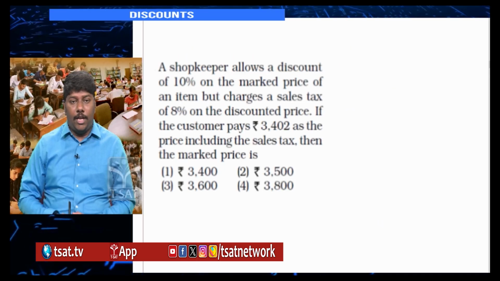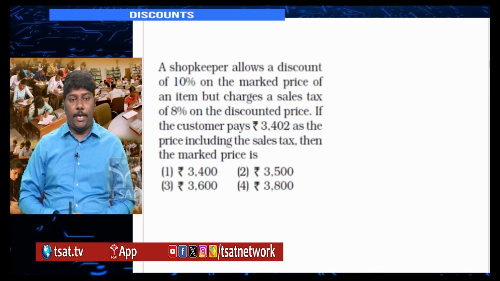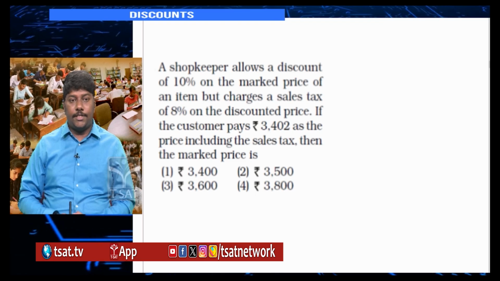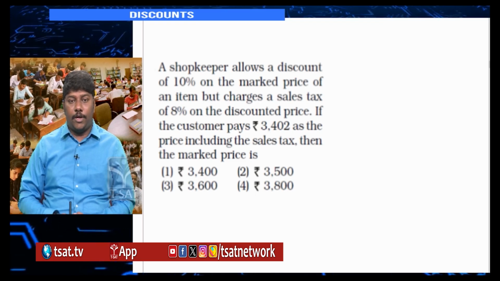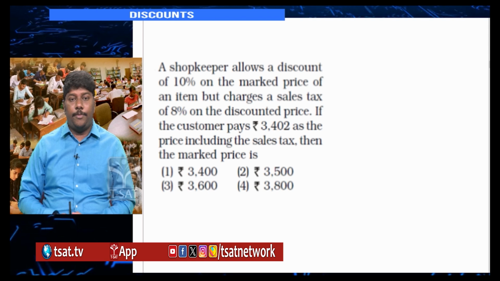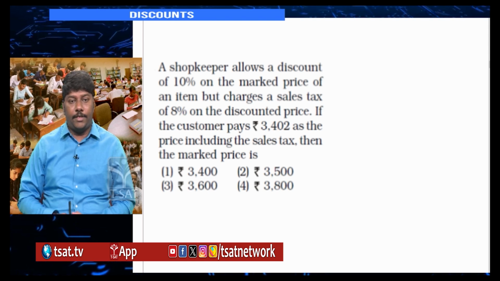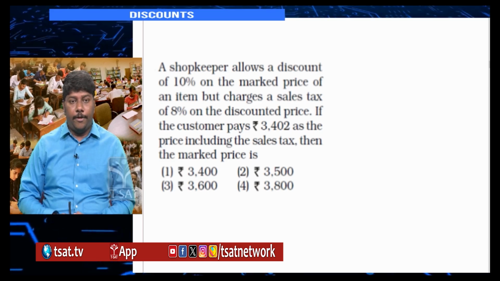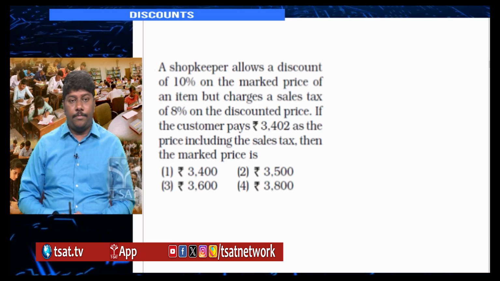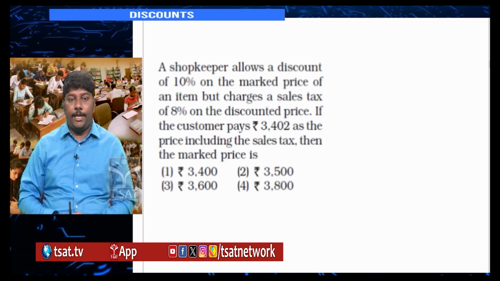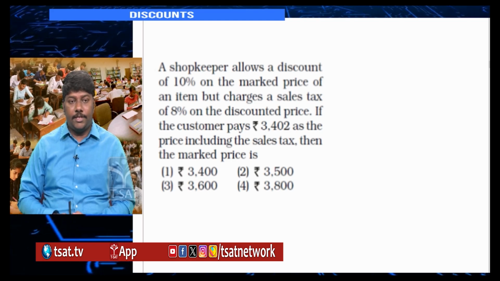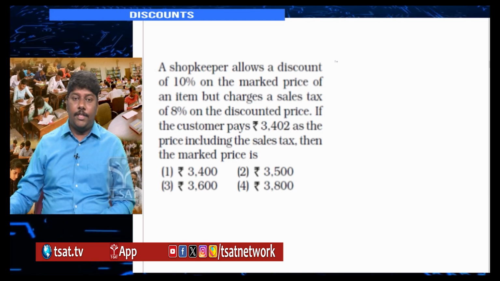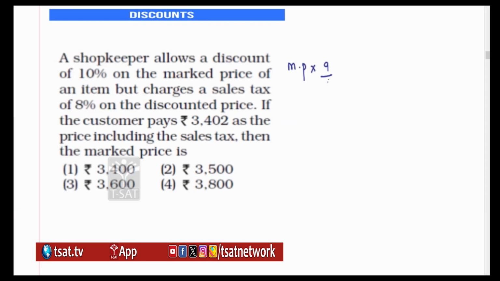A shopkeeper allows a discount of 10% on the marked price of an item, but charges a sales tax of 8% on the discounted price. If the customer pays 3402 as the price including the sales tax, then what is the marked price? See here, he is allowing a discount of 10% on the marked price, but he charges 8%, which means you are decreasing the MP value by 10%. It is decrease 9 by 10. You are increasing it by 8%, 108 by 100